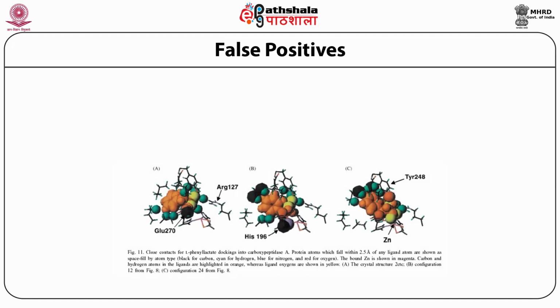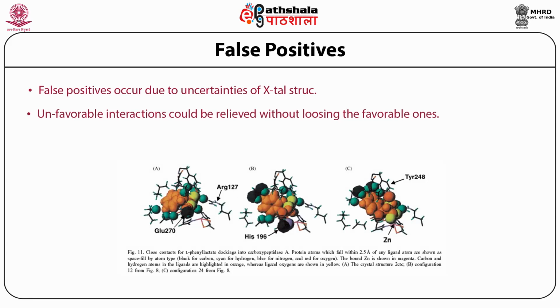Here I show you, not only here but for another few, the false positive. This occurs due to the uncertainties in the crystal structure, unfavorable interactions, and maybe some favorable interactions are there, but still some unfavorable interactions occur. And it occurs most often when you have a conformer or small molecule which is very small compared to the active site. So the active site space can offer many interactions and the poses can be satisfying several different things. One of these is depicted in this particular picture, and you can see conformer 12 versus 24, the same molecule, different pose, different interaction. It is very difficult to identify which one should be the correct one.